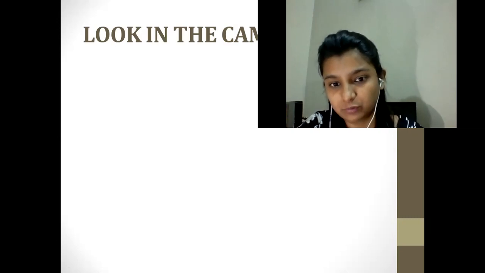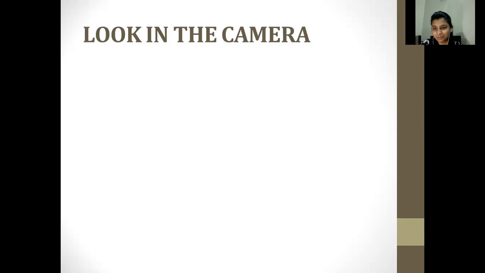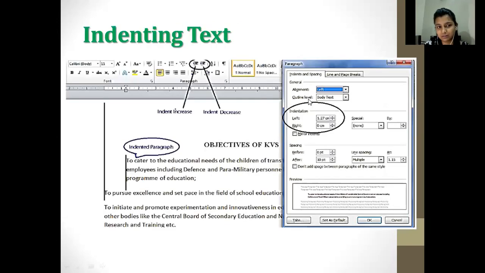Obviously, if we are printing books from Word files, then definitely we would have some option over here. Let us see what the option is. That is indenting text. This is the option where we could write the text or the paragraphs. We have done alignment of text. If we are using alignment on the left hand side or right hand side, but what if we want the alignment to be used in only 2-3 lines, not on the entire paragraph,